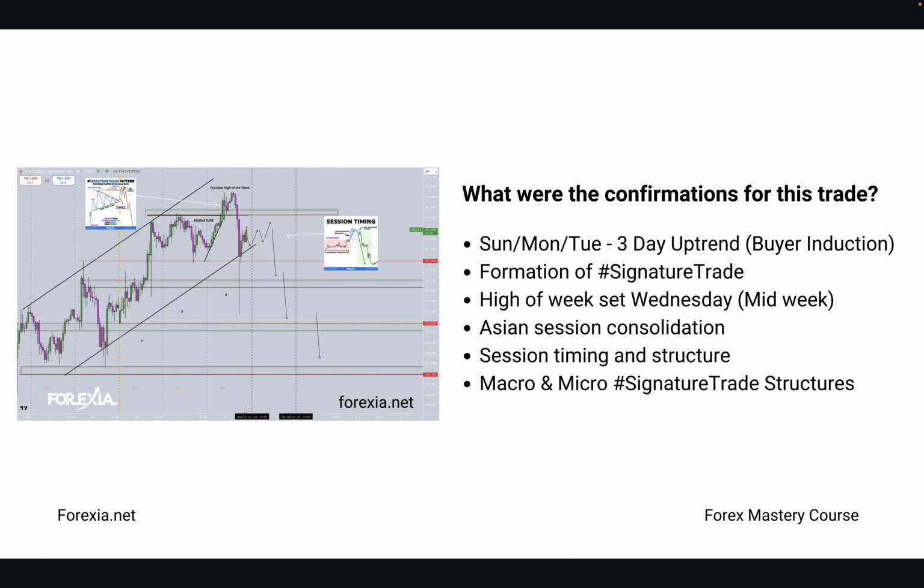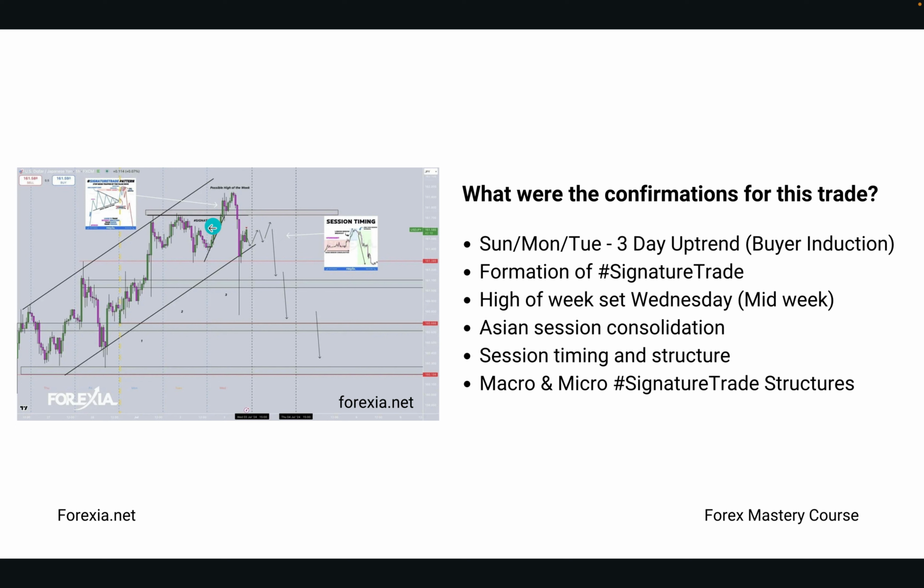Here are the different confirmations that we used in this trade. Sunday, Monday, Tuesday was the 3 days of uptrend. It was a buyer induction, so 1, 2, 3 days of obvious uptrend starting the start of the week. Sunday, Monday, Tuesday, Wednesday, we had the formation of the signature trade right here. Then we saw the high of the week was set after the breakout